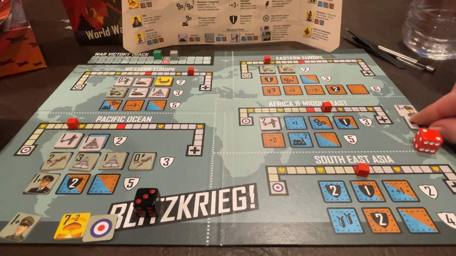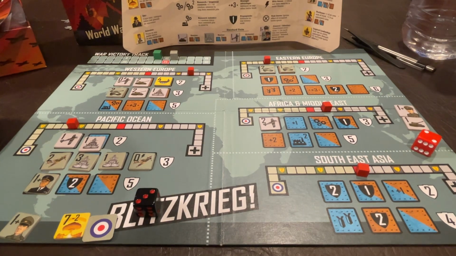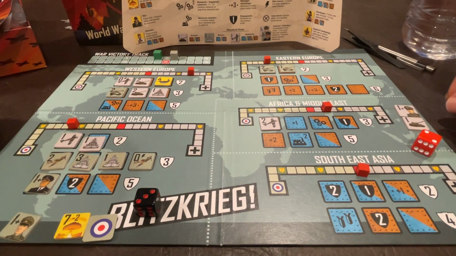It is the Axis's turn. Oh, they have wimpy guys. They may have wimpy guys, but there's good stuff to grab, and they might as well grab it. Because